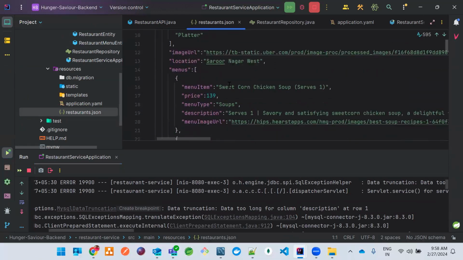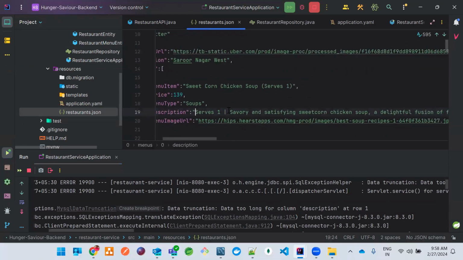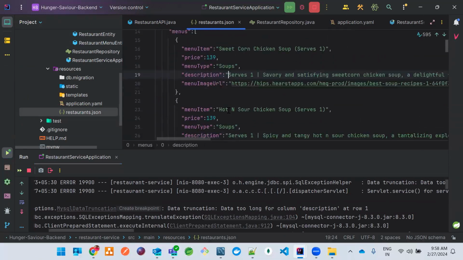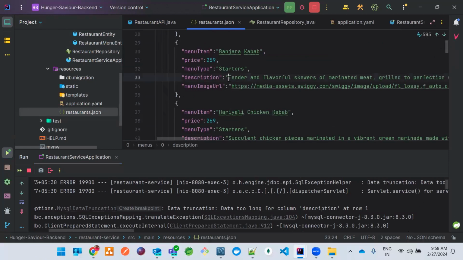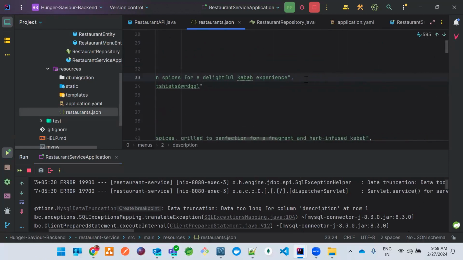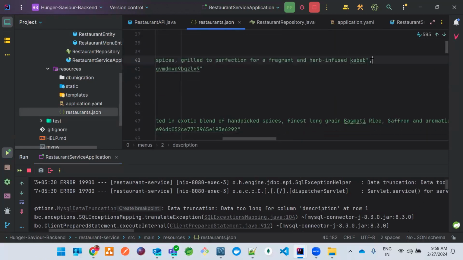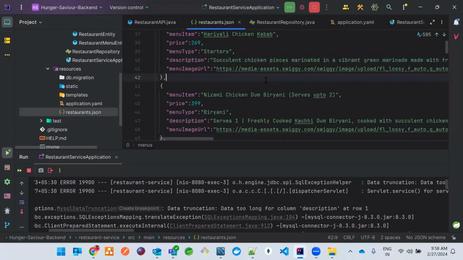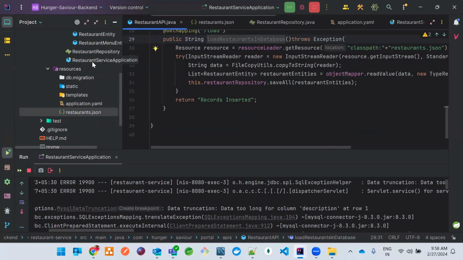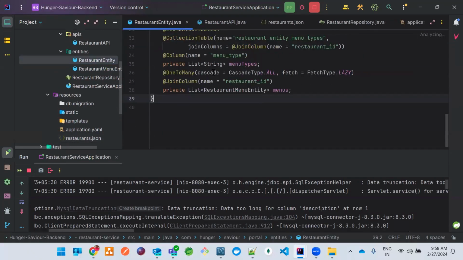restaurant name, the menu item, can you see this? It is very large, right? So for some things, it is very large. Can you see this? The description is very long. So since it is having